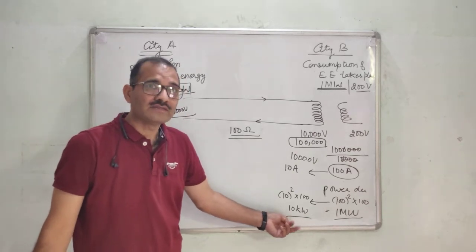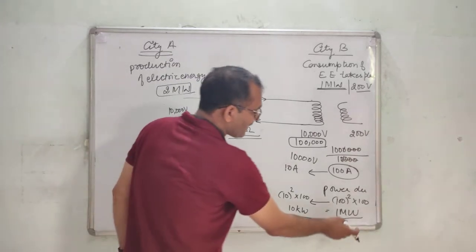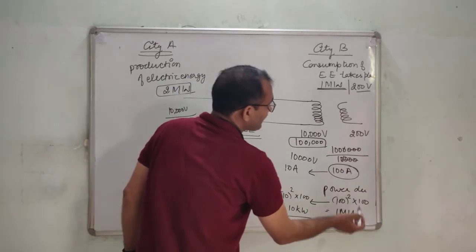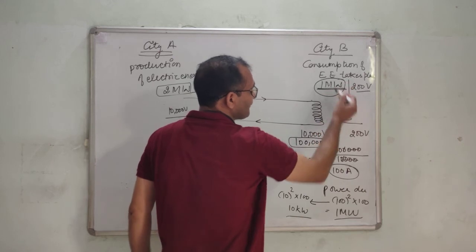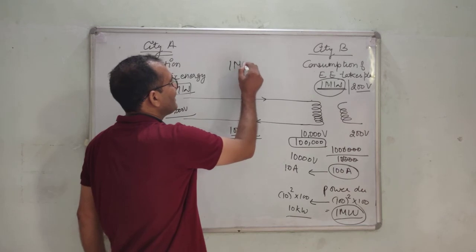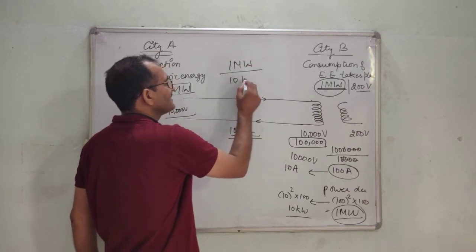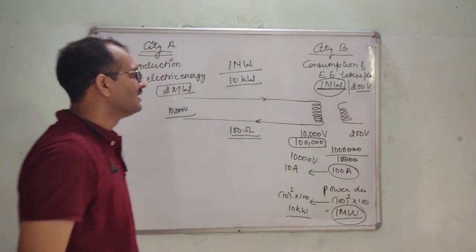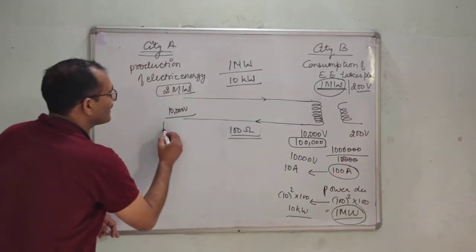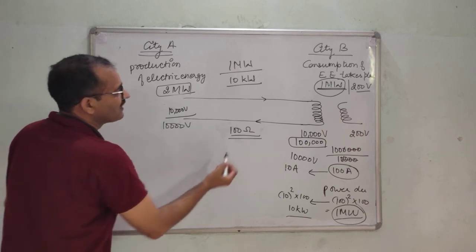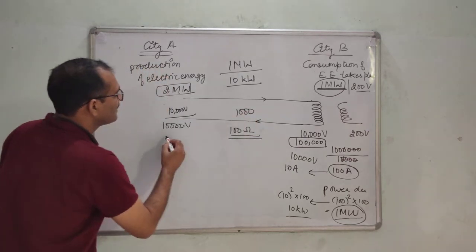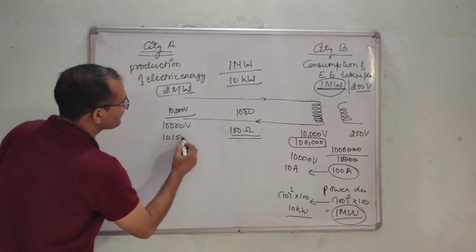10 kilowatt only. How much was the power loss earlier? 1 megawatt. How much is it now? 10 kilowatt. Earlier, 1 megawatt of energy was required and 1 megawatt was lost as energy losses. Now 1 megawatt of energy is required and the loss is only 10 kilowatt. So therefore, if we receive the energy at 1 lakh volt, the potential drop will be equal to 1000 volt. So therefore, this is 1 lakh 1000 volt.